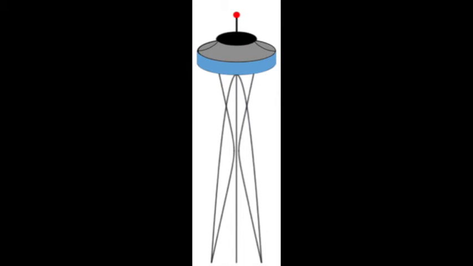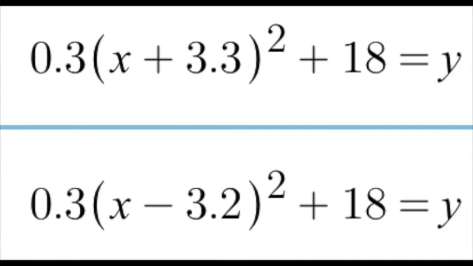For the antenna supports, I knew that I would need to create two parabolas that would connect the roof of the tower to the antenna base. I also knew that the vertex of both parabolas would have to be located where the wall of the tower intersected with the roof. The equations for the antenna supports are 0.3(x plus 3.3) squared plus 18 equals y, with